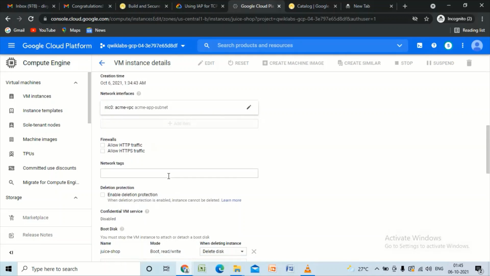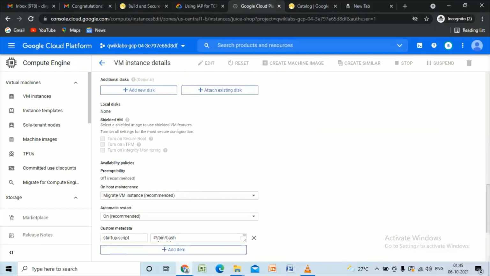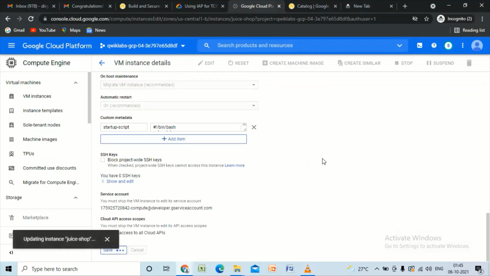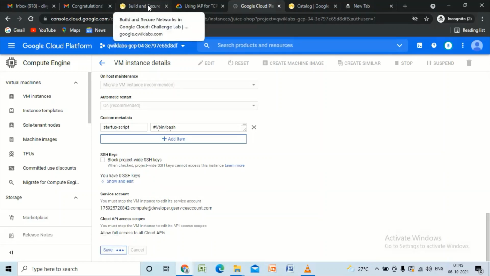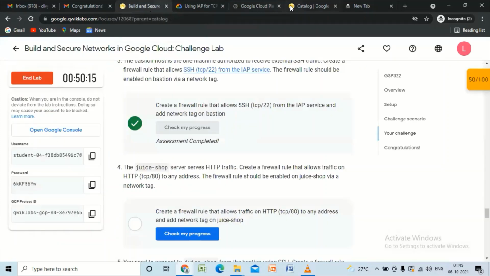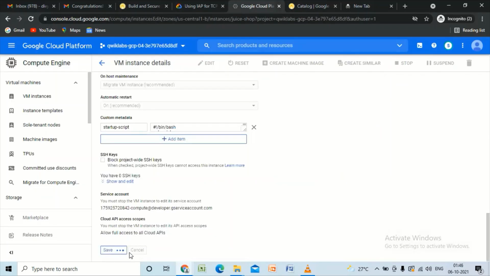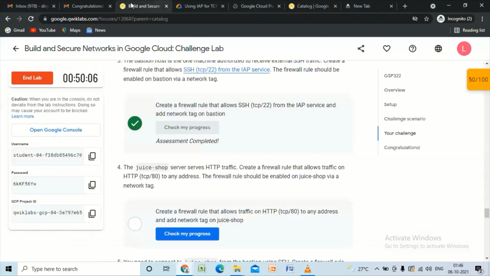We need to update the network tags. Click on save. Again, we can check our progress.